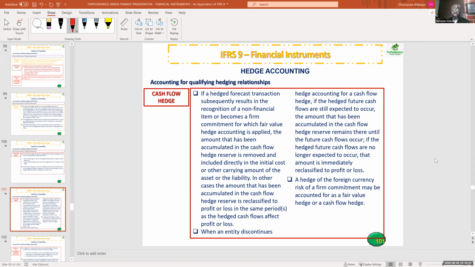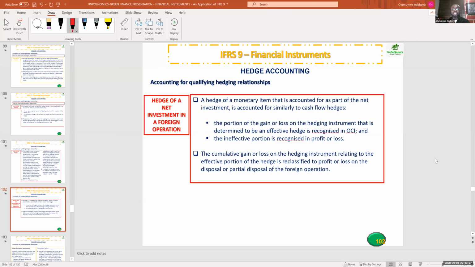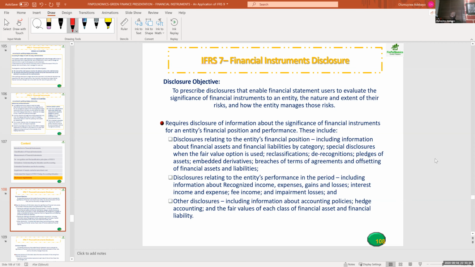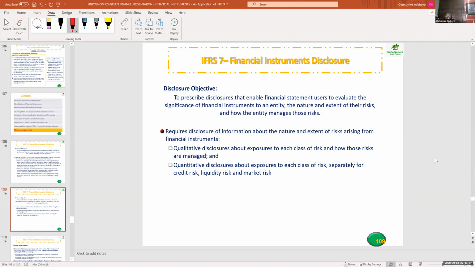illustration, and scenarios. And let us end this class with our discussion on disclosures with respect to financial instruments. IFRS 7 deals with the disclosure for financial instruments. Remember, financial reporting entails what I call as acronym RMD. What is RMD? RMD is not what you are used to in Nigerian movie setting, but RMD in this case means recognition,